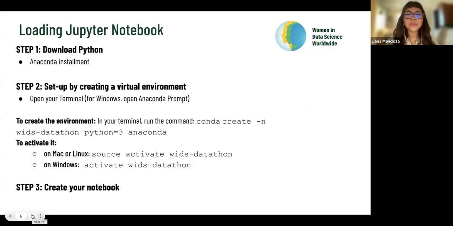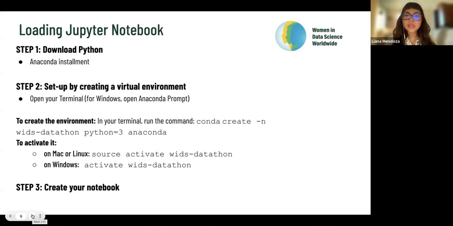So step one is to download Python, of course, through Anaconda, which is an open source distribution platform, which we can use for this Datathon. It's recommended as it does help you work in groups and share work efficiently with your teammates. And it also contains some standard packages, which we will be using heavily in this project. You will also see it in the code that we will be presenting to you today.